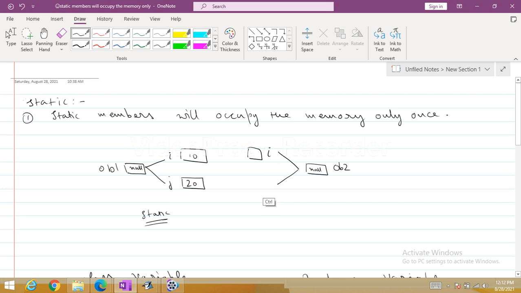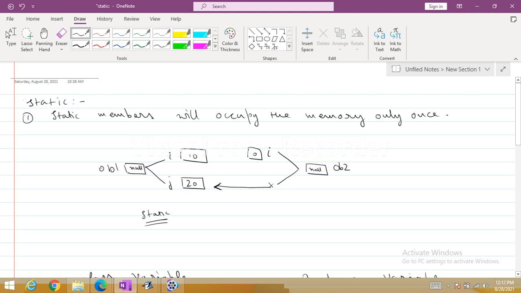If it is not allocated twice, it is going to refer to the same memory which is already there, that is the j of ob1. The default value of I is 0. That means ob1.I is 10, ob2.I is 0, ob1.j is 20, and ob2.j is also 20.